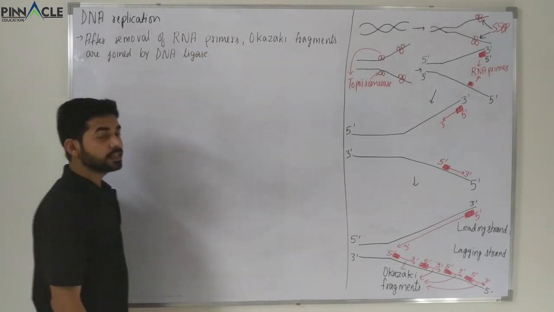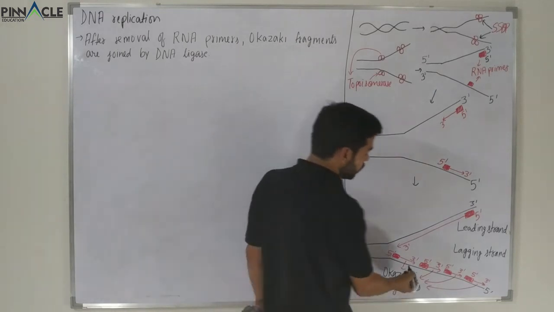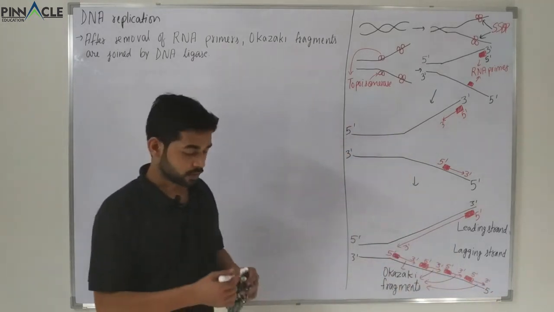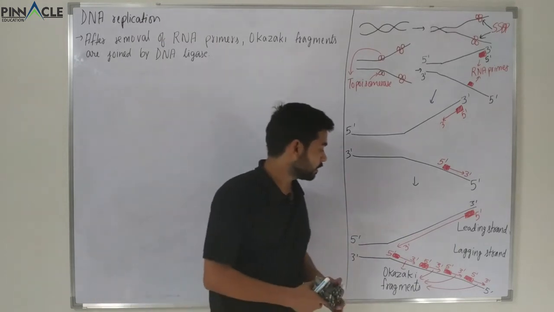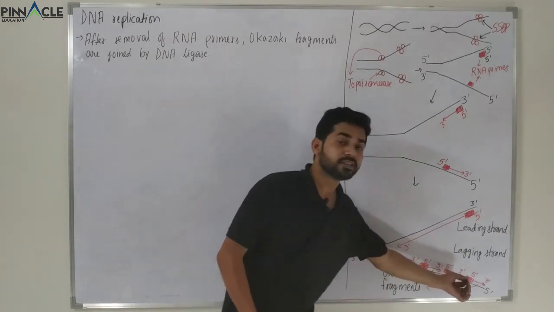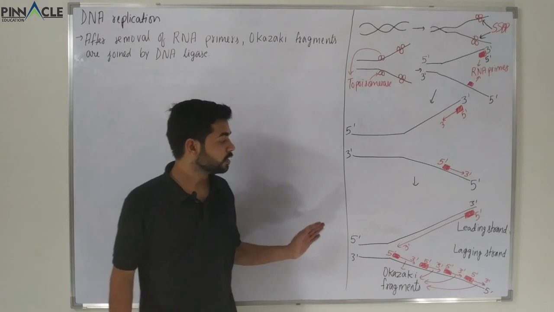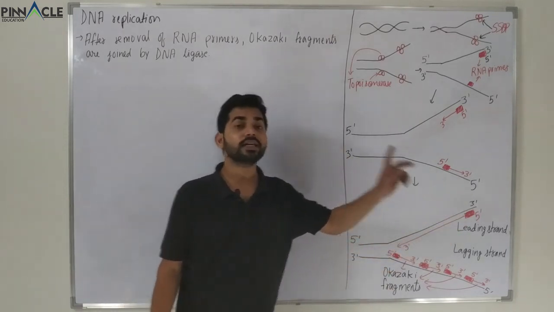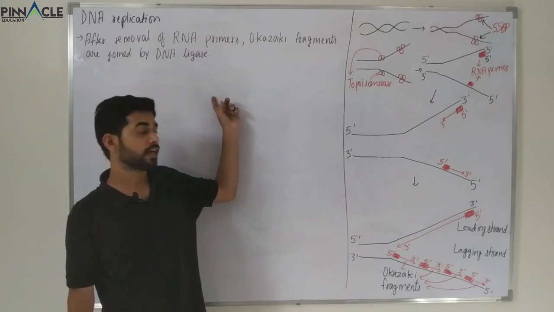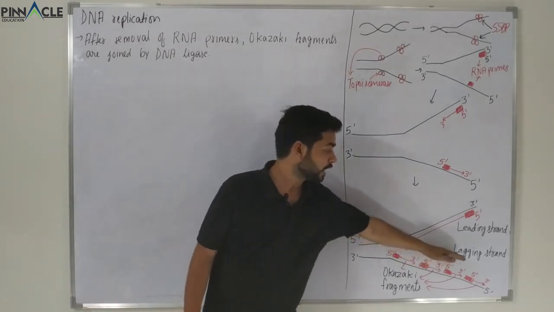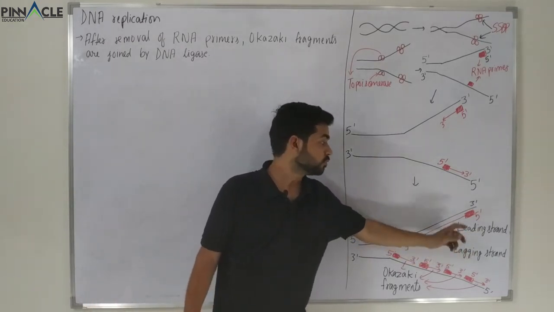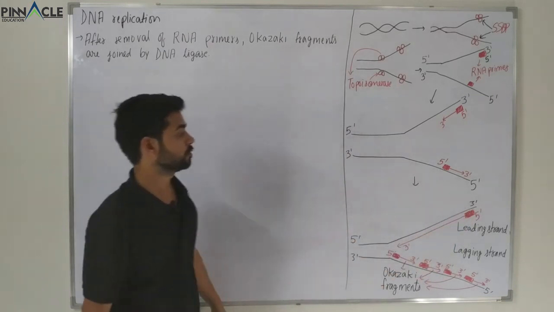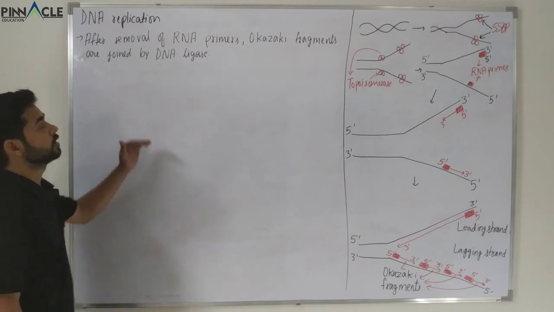So DNA ligase is the enzyme which will add these pieces together, or it will be called a stitching kind of a thing. That is, all these pieces will be stitched together, and therefore it will form a long strand, just like this. That is after the action of ligase, not before that. Before ligase takes its action, this will be just pieces like this, and this strand will be continuous, and that will be called the leading strand.